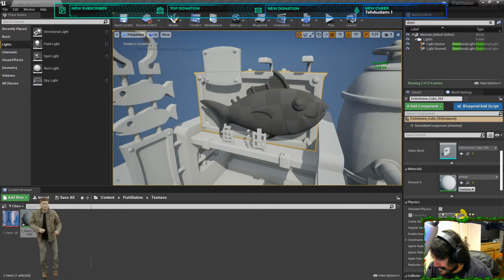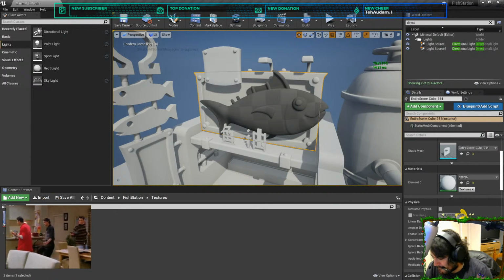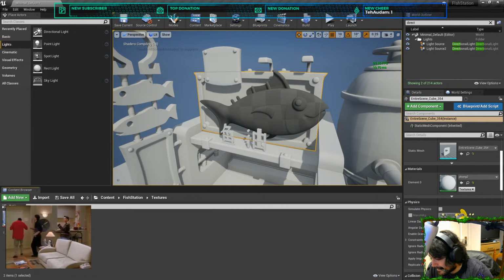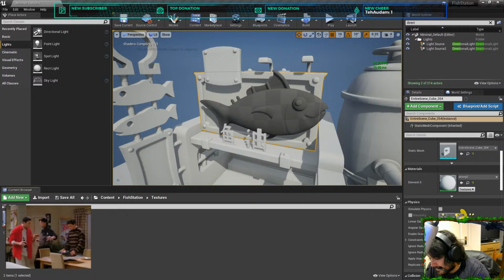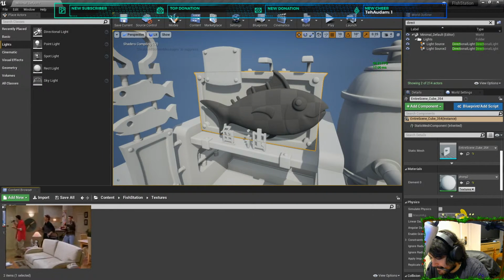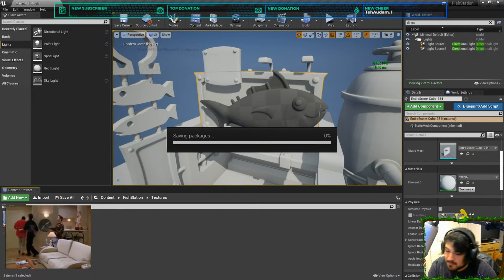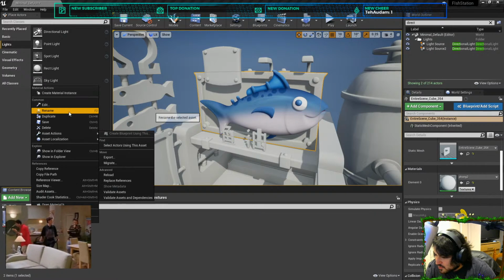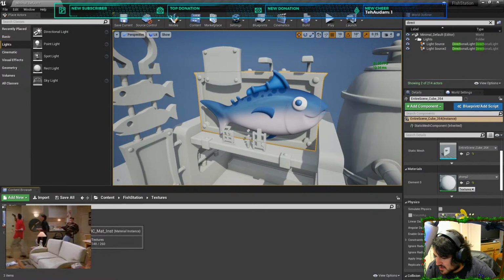Outer quarter. Quarter. Master material. Saving package. God freaking damn it. Correct parameter. Parameter and instance.